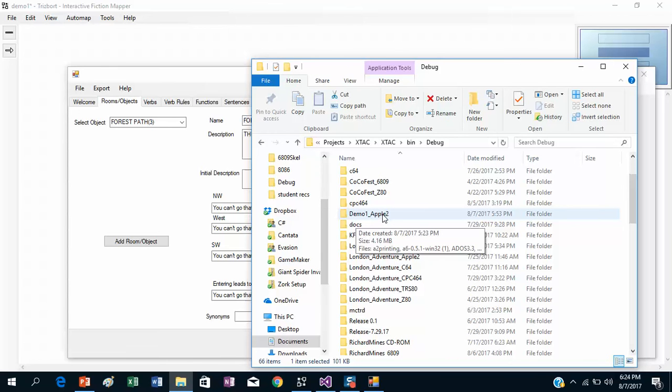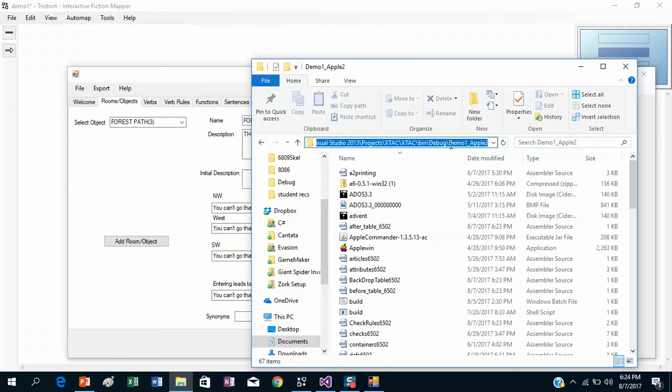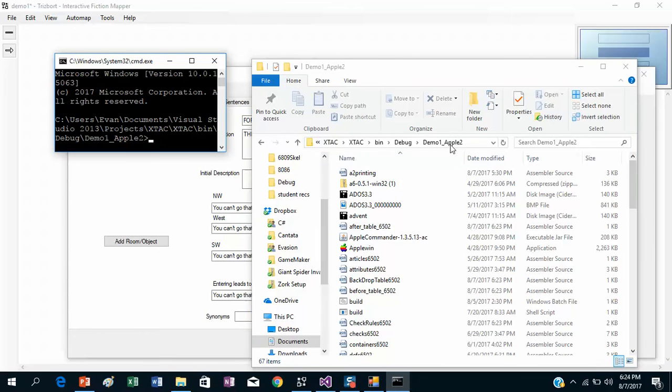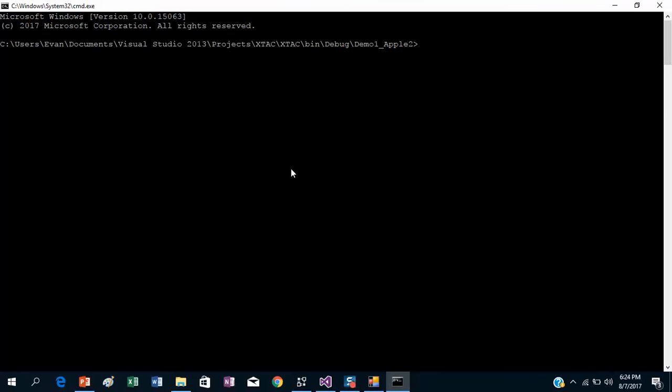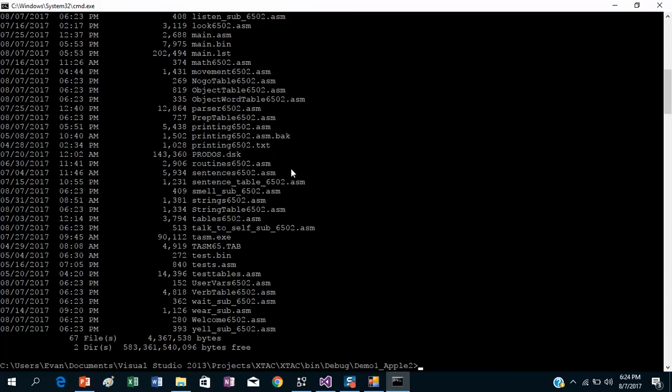And the easiest way to do that is if you go into a folder and you type the word cmd, command, into the, I don't know what you call it, the file bar, and hit enter. Notice how it brings up a little command prompt in that window. That's a cool trick. Okay, so let's just do a dir here, and you can see here all the source